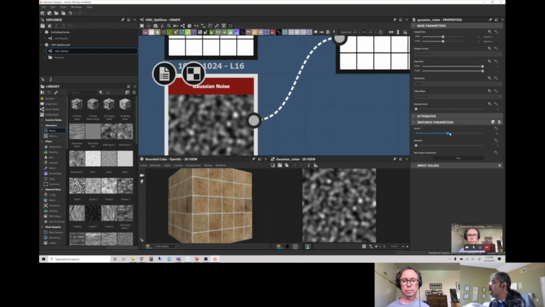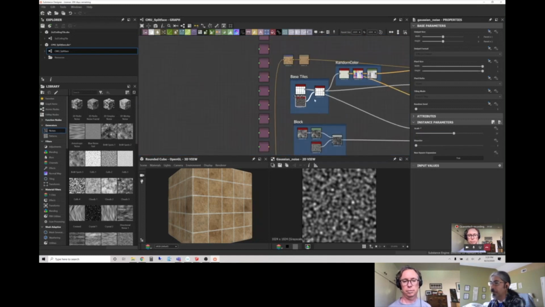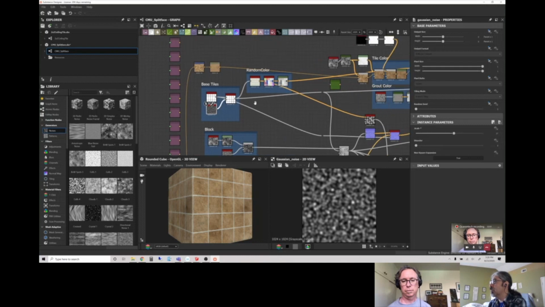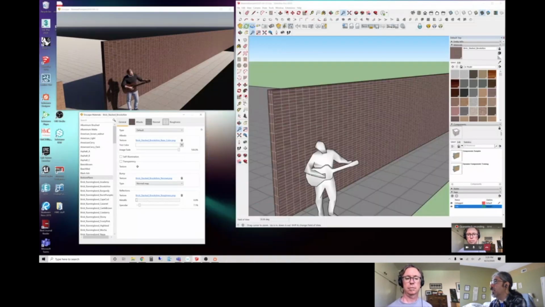That way, I can control how big in the real world this texture will look. In this case, the CMU, I made them 20 foot by 20 foot, which is very large. Yeah, that's huge, but that can cover most uses.